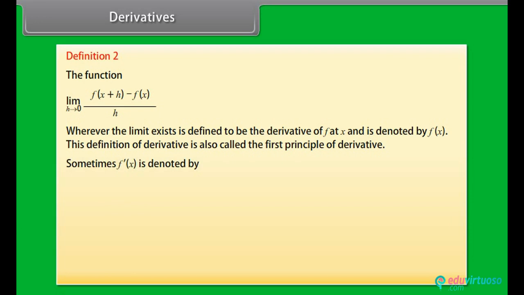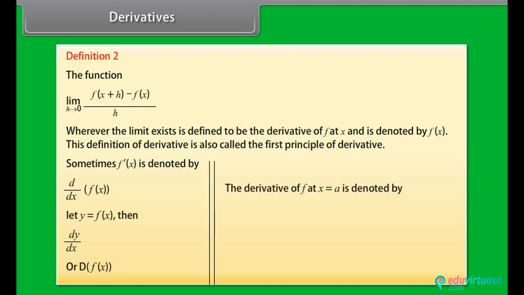Sometimes f dash of x is denoted by d by dx of f(x). Let y is equal to f(x), then d by dx of y, or capital D of f(x). The derivative of f at x is equal to a is denoted by d by dx of f(x) at x is equal to a, or